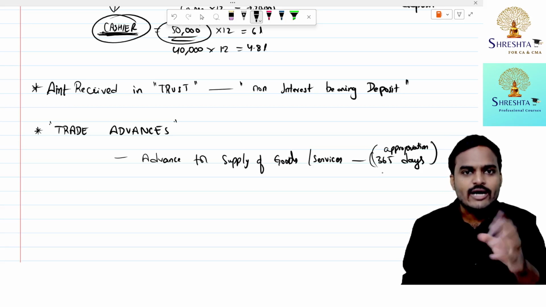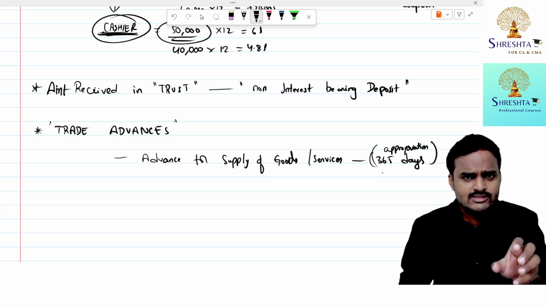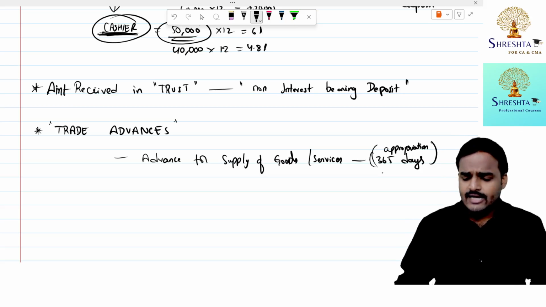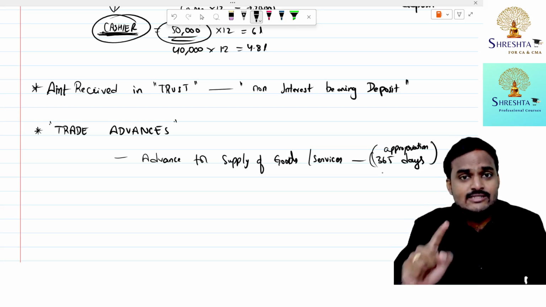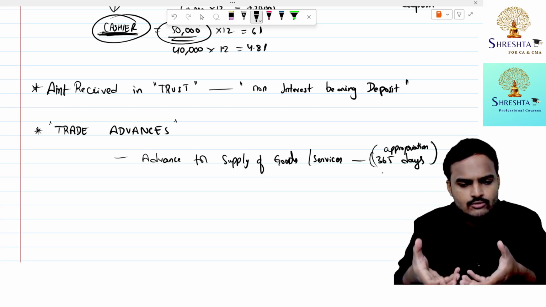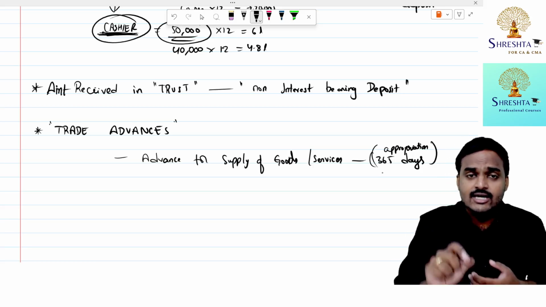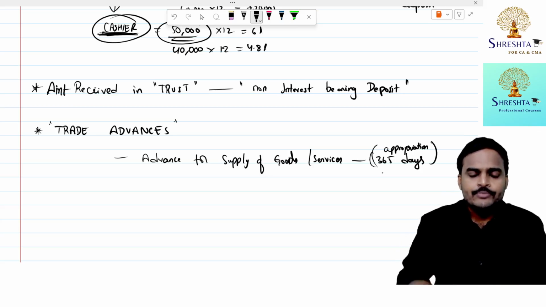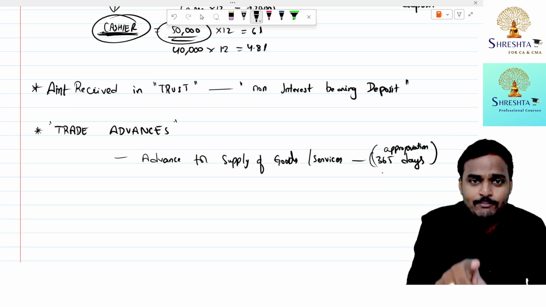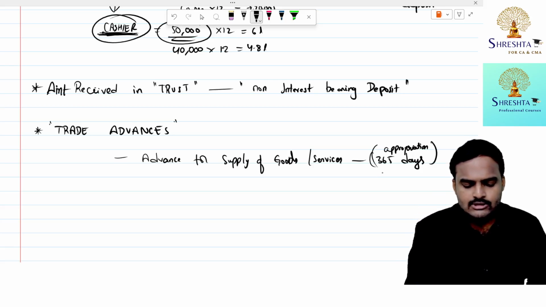You want to take Jio connection. So immediately you need to pay 6 months internet charges or subscription charges at the time of taking connection. Are you getting my point? From the company point of view, Jio Platforms Limited receiving advance from you for a period of 6 months, is it a deposit or not a deposit? The answer is not a deposit. Are you getting my point?